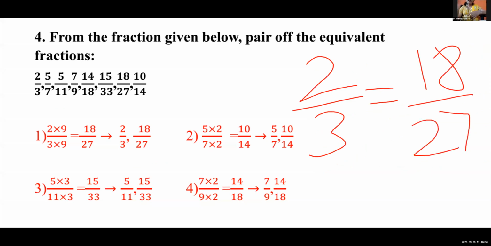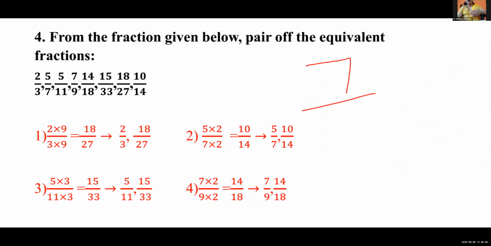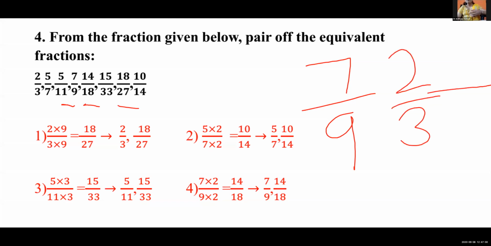Now why we have taken 18 upon 27 only? Why did we not take 7 upon 9? Now look, I showed you the 3 table numbers, 9, 18 and 27. Why we are not taking 7 upon 9? Why did we not take it? 2 upon 3. If we multiply 3 by 3, 3 threes are 9, we are getting 9 over here. Correct? Correct. But the same number we will use in the numerator also, 3.